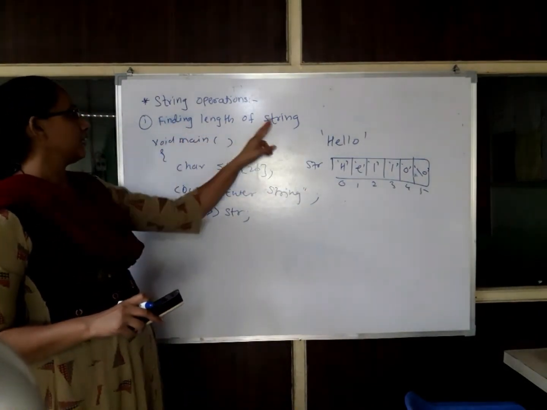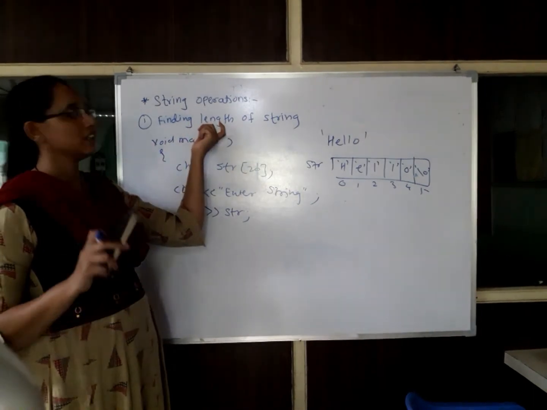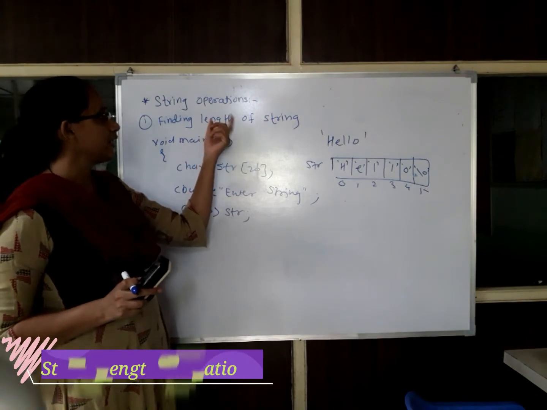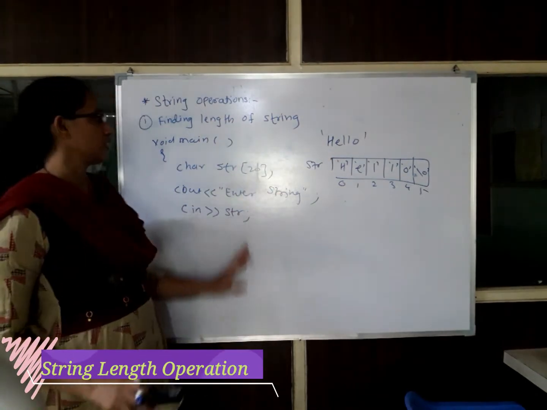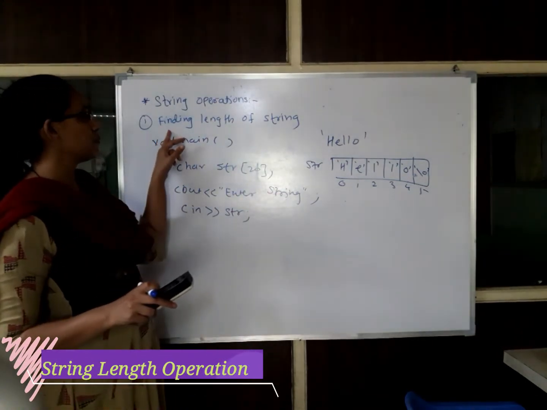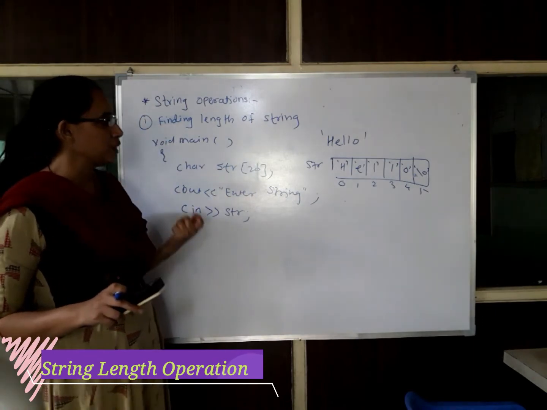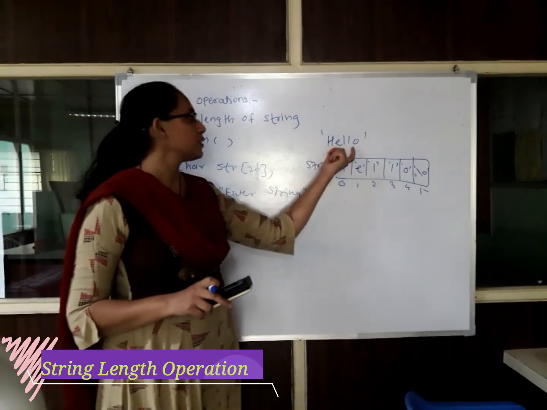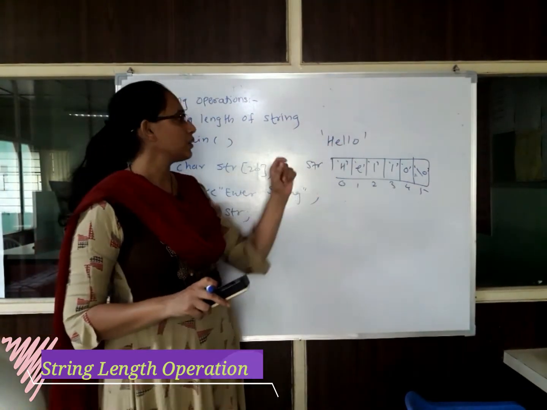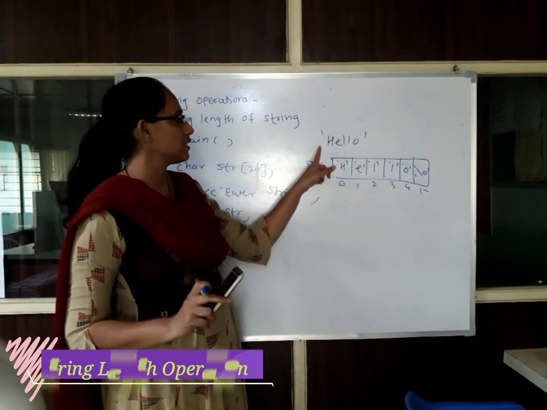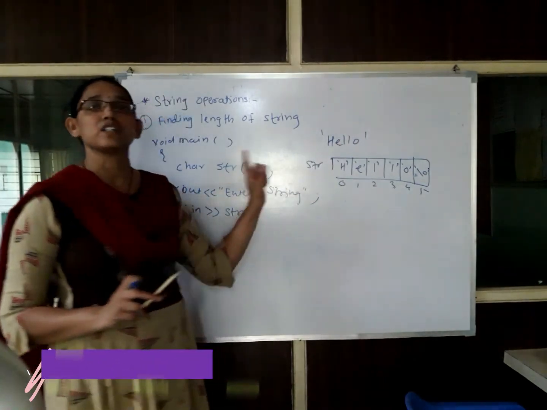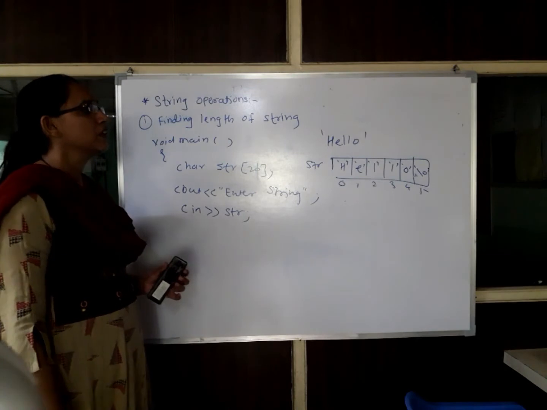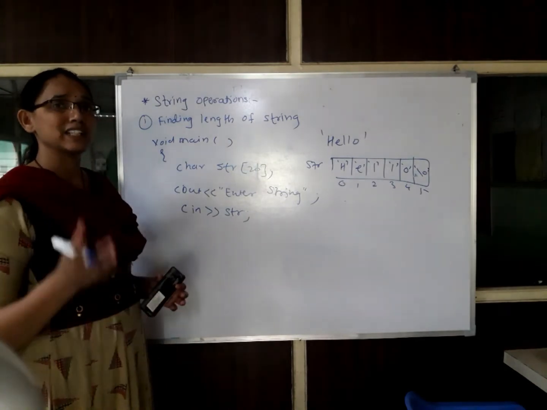So finding the length of a string is my problem statement. Finding the length of a string means I have to find the number of characters in that string. How will you analyze this problem? Just check what the input for this problem is and what the output will be. The input is, suppose, the string hello, and the output is nothing but the number of characters in hello, that is 5. So the answer should be 5. How will you solve this problem? You have to find out the alternative solutions.